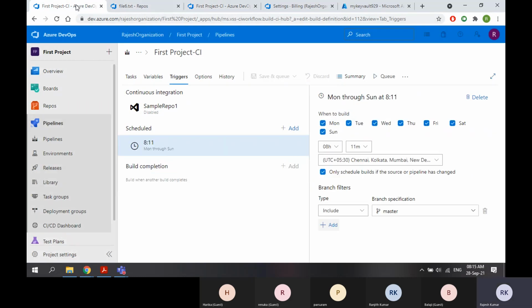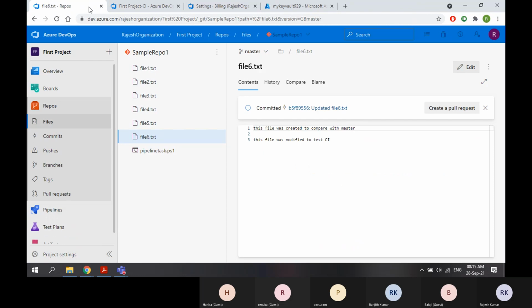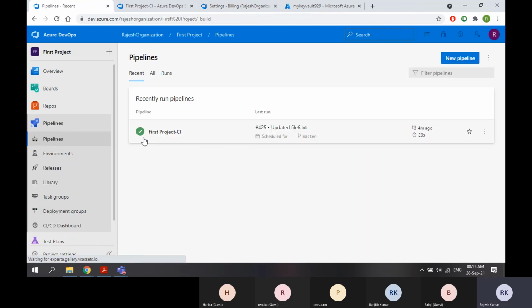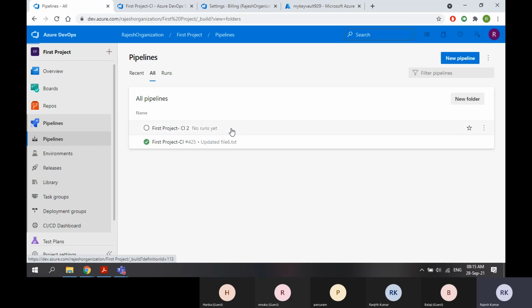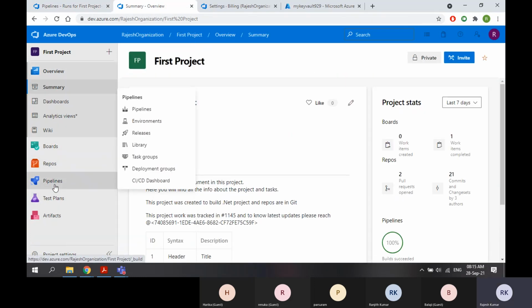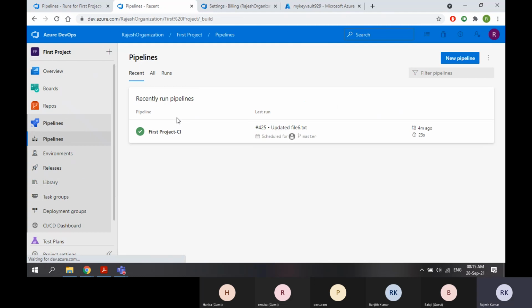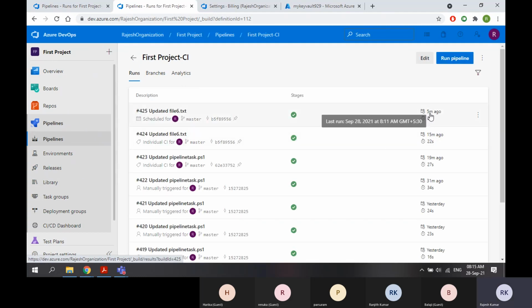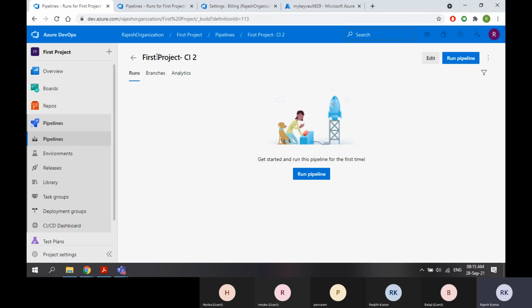Now what I will do, I will go to pipelines. I will trigger the first build. See, the last one was 5 minutes ago, and I am into this pipeline.